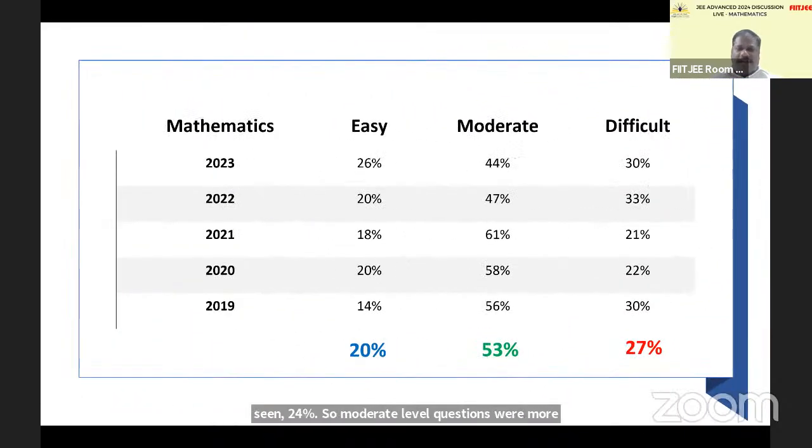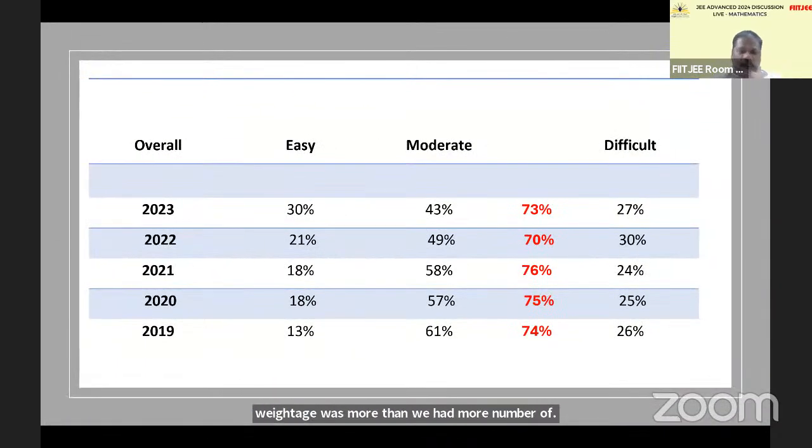Now let's go to mathematics. See, again the weightage of moderate level questions was more, 53%. So in all three segments, physics, chemistry, maths, the weightage of moderate level questions was more. We had more number of questions in here. So that's the average. Overall, if you see, this is the overall figure, putting all subjects together,